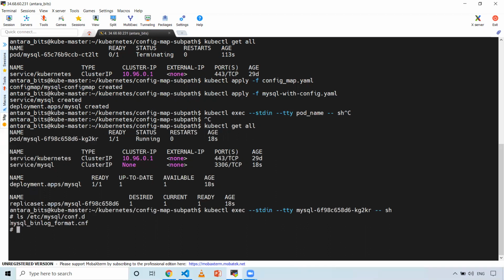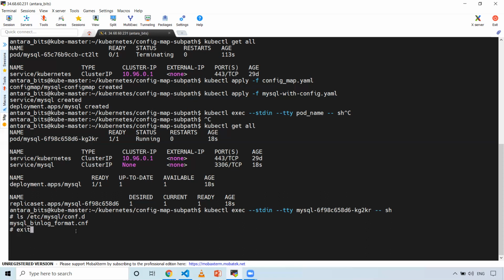But you'll be able to see only 1 file, because when you use a config map without subPath, what happens is, if the folder already has some files, it will override all those files and replace them with only the new file. So that is a problem with a config map on a volume type: if you have files in a particular folder and you copy a new file onto the same folder, then the older files will be deleted, and only the new file will be present. So this is wrong, right? All 3 files should be there, and the new file also should be there. That is the expected behavior.